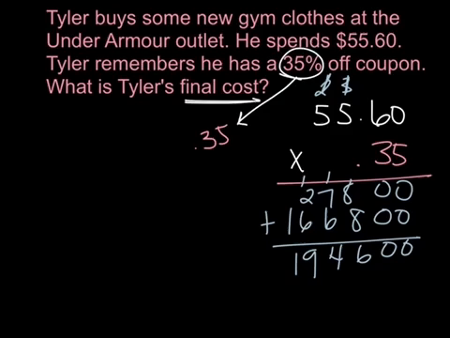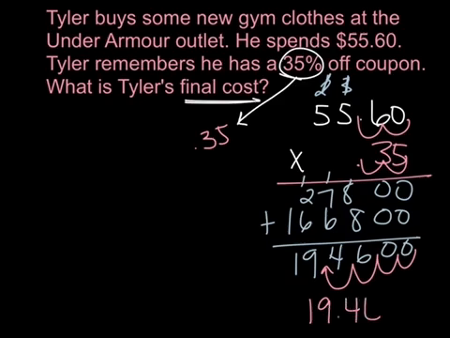As you see, I get 194600. Once again, count in my decimal places: 1, 2, 3, 4, 1, 2, 3, 4. So that leaves me with a discount of $19.46. In order to calculate my actual final cost, though, I have to take the original cost, which is